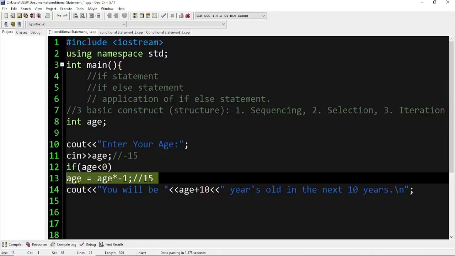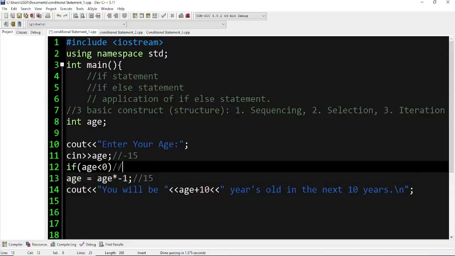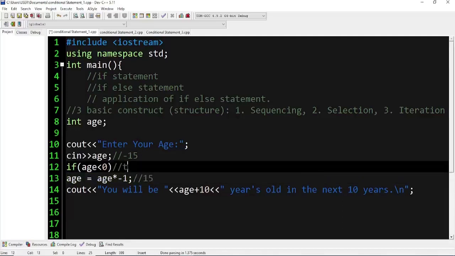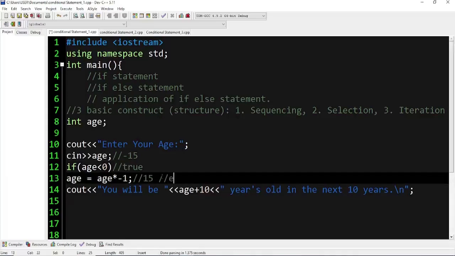The computer is going to execute line 13 only if line 12 is true. I want you to understand what I'm saying here. If line 12 is true, the computer will come to line 13 and execute it, then go and execute line 14, and it will keep on executing the remaining lines of code. But if line 12 is false,